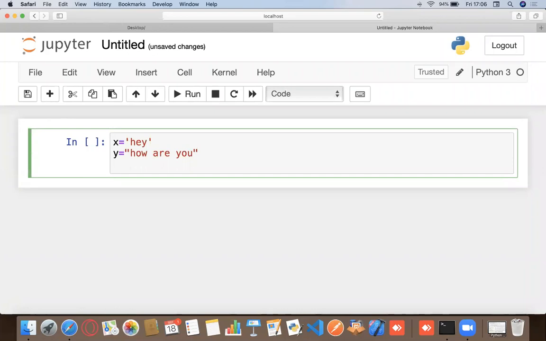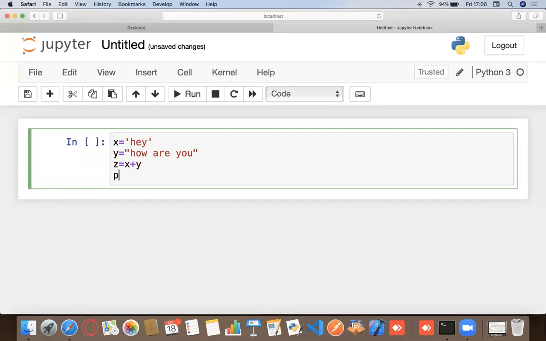Now, just like you could add integers, what if I try to add some strings? What do you guys think would happen? Let's say I want to do z equals x plus y, and then print out z. Technically they are not integers, they are not numbers, so they shouldn't be added, right?